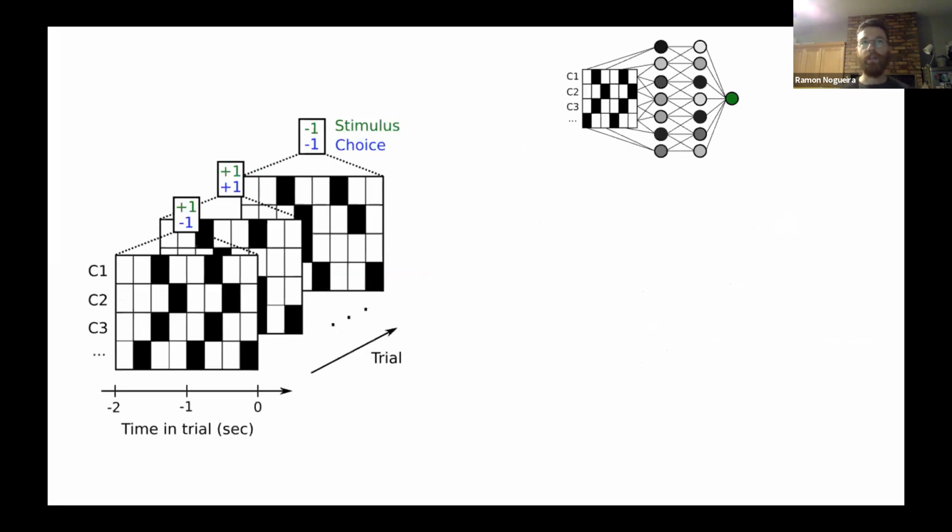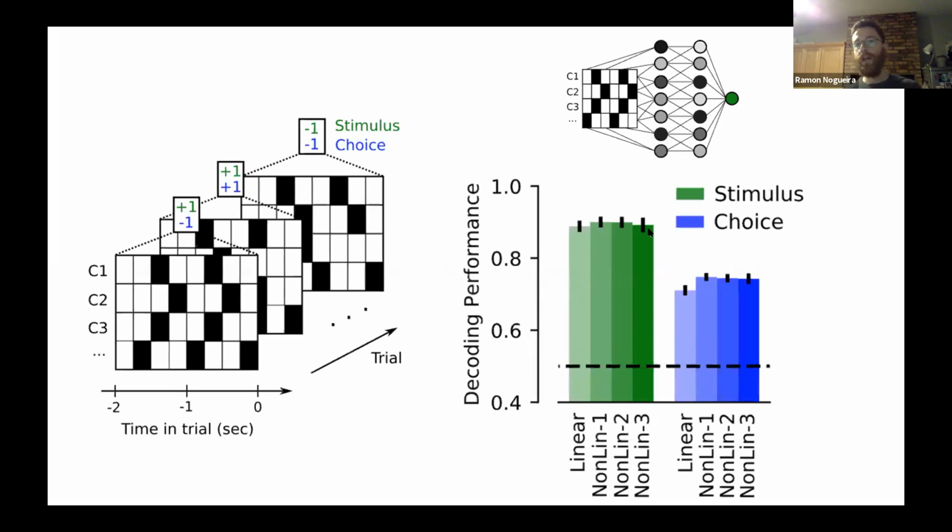All right, so the next thing that we did was to characterize the complexity of these whisker-based discrimination tasks. For each trial, we extracted a matrix that consisted of the values of different whisker features as a function of time, right? For instance, whether there was a contact or not for whisker 1, for whisker 2, for whisker 3. And then we used different classifiers, nonlinear or linear classifiers, to characterize whether in that particular trial the stimulus was concave or convex, as well as its choice, the side that the animal licked. So we did that with different classifiers, and we got a performance of 90% and 70%